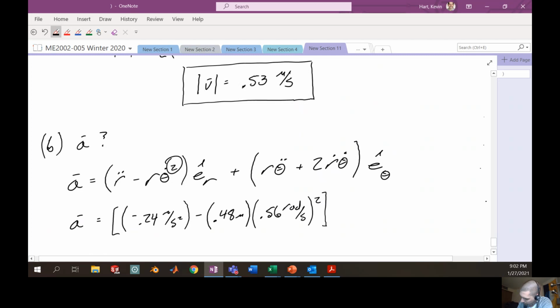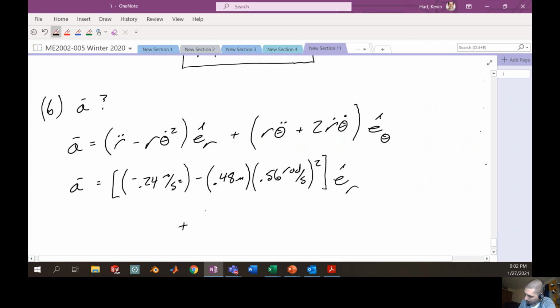Don't forget that square. e hat r. And I'm going to add to that my transverse terms. So here, r theta double dot. My position again, 0.48 meters. My angular acceleration,